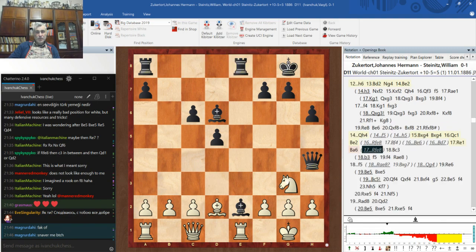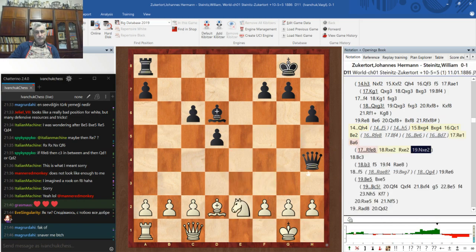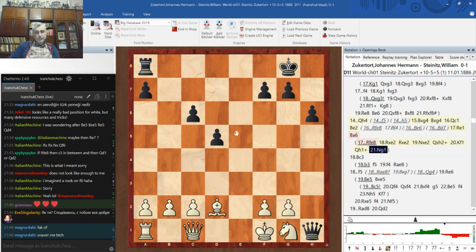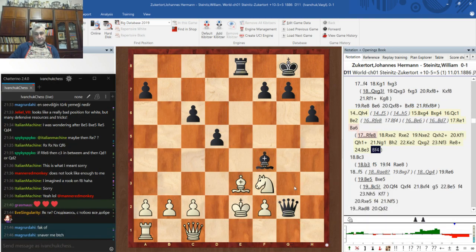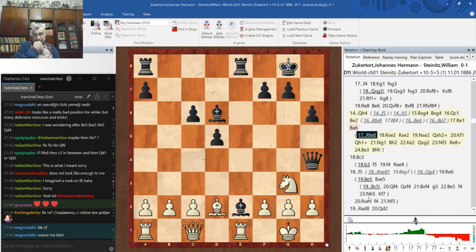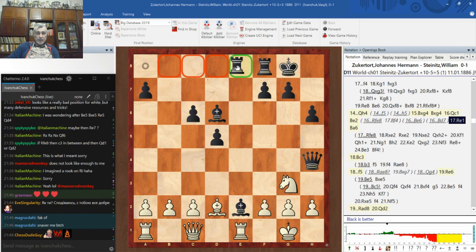The question is which rook, because if this rook, what is this? Queen takes g2. Black has quite a serious attack, because if, for example, knight f3, black is winning rook e8 and bishop f4. So black wins here. So it's not so easy to play with white. Or maybe another rook is also an idea, because